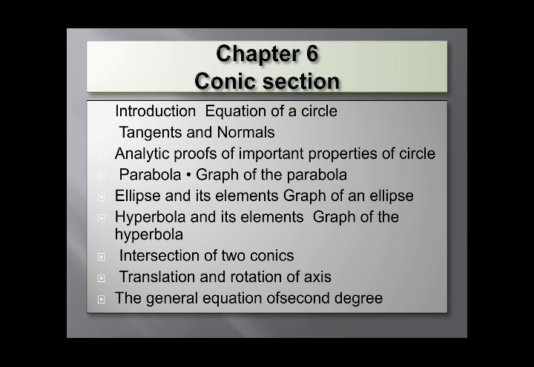Next is chapter 6, conic sections. In this chapter we discuss circle, parabola, ellipse and hyperbola. These are the conics. Introduction, equation of a circle, tangent and normal to the circle, and proofs of important properties of circle, parabola, its graph, ellipse, its elements and its graph, hyperbola, its elements and graph,